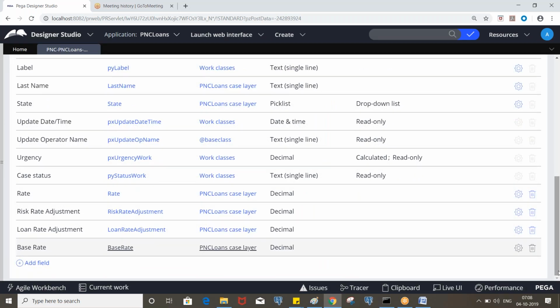Now, first we'll calculate the loan rate, then we go for the risk rate.